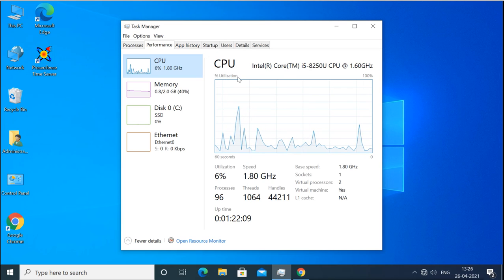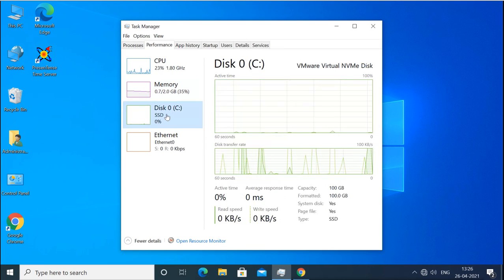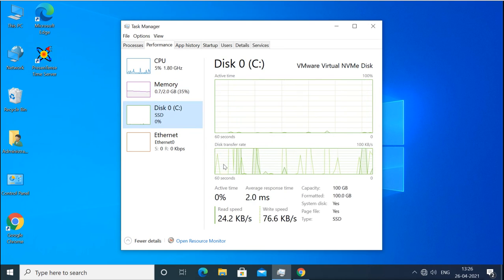You can go to memory also. You can check your RAM status: in use, committed, cached, available, paged pool, non-paged pool, slots used. You can see your hard disk status also, how much is the active time, average response time, read speed, write speed, capacity, whether it is formatted or not, system disk, page file, type of the disk.